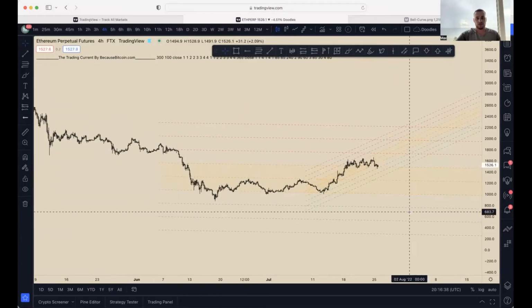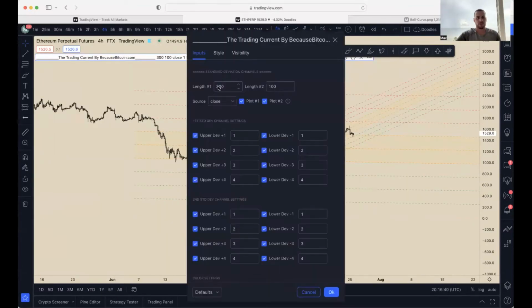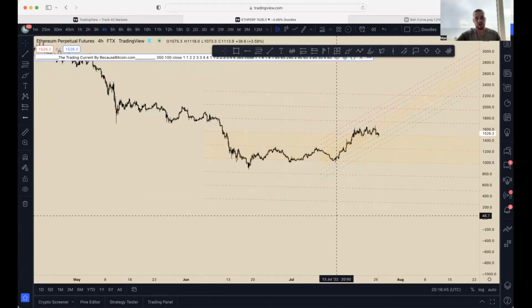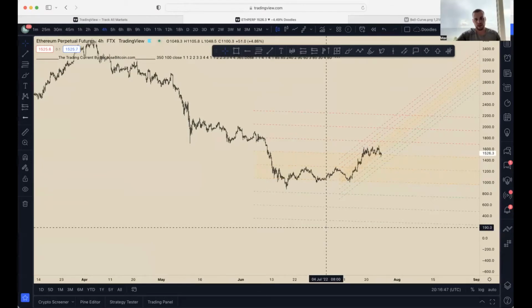So this is interesting. I'm going to make it a little bit more severe just to contrast it a little bit for you guys. So let's move it back a little bit more. We'll be in a downtrend here. If I wanted to manually analyze